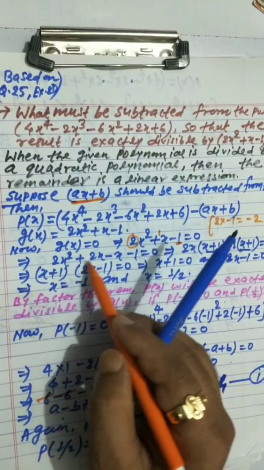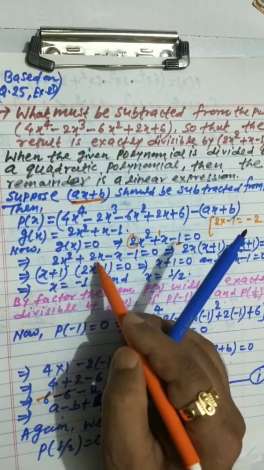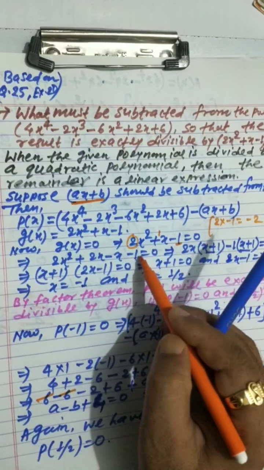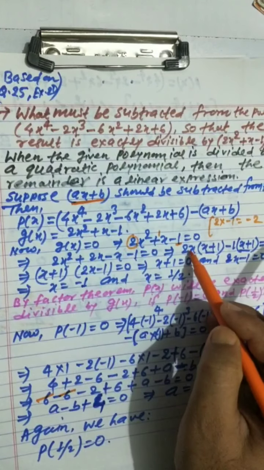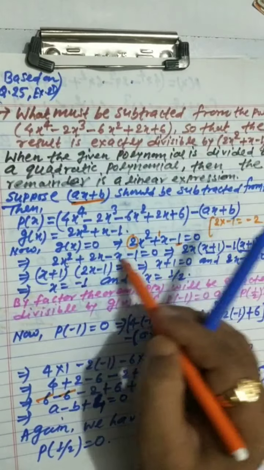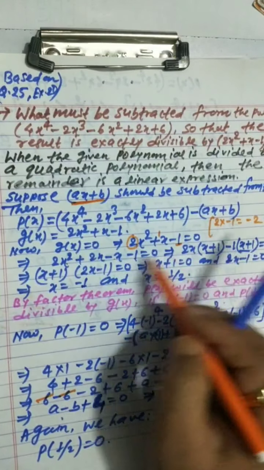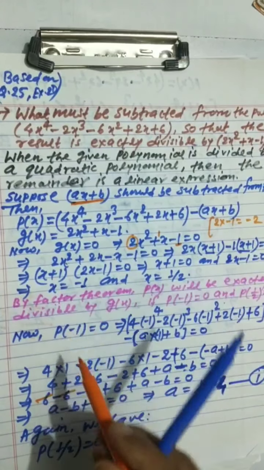तो वी हैव स्प्लिटिंग मेथड का यूज किया गया है यहाँ पे. 2x square plus 2x minus x minus 1 is equal to 0. ये फैक्टराइज हो गया. अब इन दो टर्म में 2x कॉमन है तो यहाँ ब्रैकेट में बच जाएगा x plus 1. फिर इन दोनों में कुछ कॉमन नहीं तो -1 है. जब माइनस बाहर होगा तो ये साइन चेंज हो जाएगा, x plus 1 will be equal to 0.